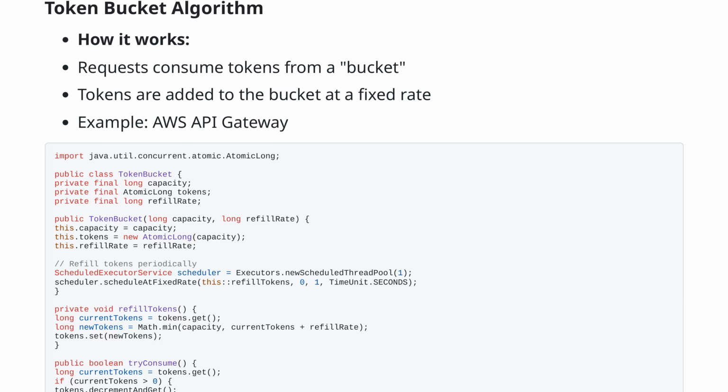First, we define the capacity of the bucket, which is the maximum number of tokens it can hold, and the refill rate, which determines how quickly tokens are added back to the bucket. Java: public class TokenBucket { private final long capacity; private final AtomicLong tokens; private final long refillRate; public TokenBucket(long capacity, long refillRate) { this.capacity = capacity; this.tokens = new AtomicLong(capacity); this.refillRate = refillRate; }